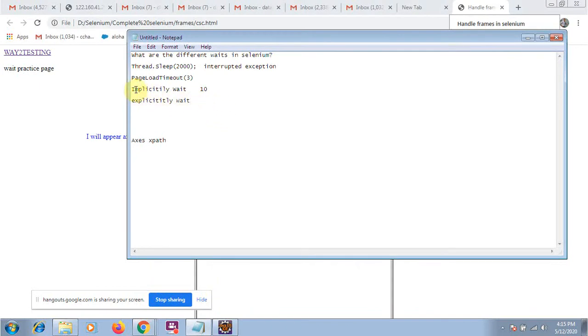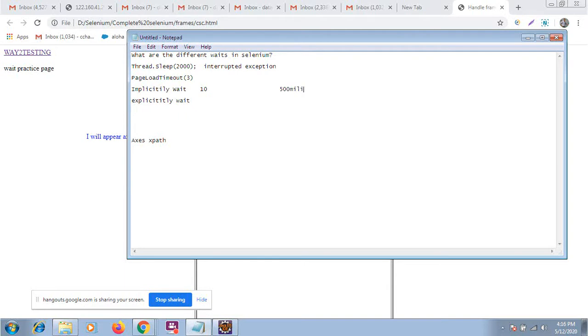Now, what is the explicit wait? Explicit wait is just an enhanced version of the implicit wait, where you can put your conditions, like when your element will be visible, when your element will be clickable. So this is the explicit wait. Now let's discuss all these things much more. In these, always remember the default polling time, it's a very good interview question. If somebody is asking what is the default polling time, it's 500 milliseconds.